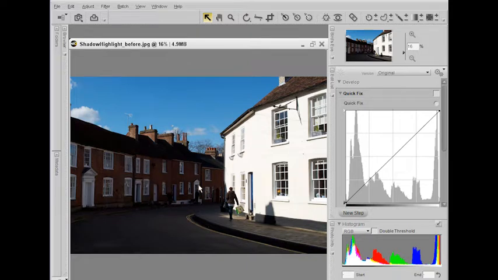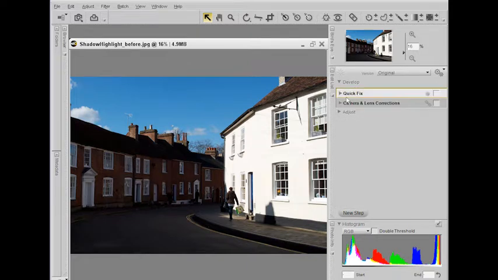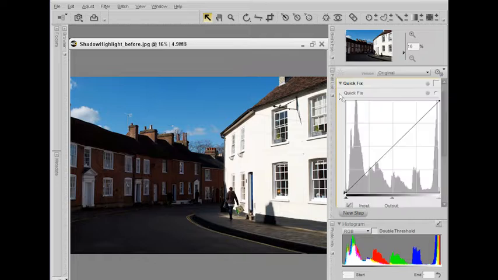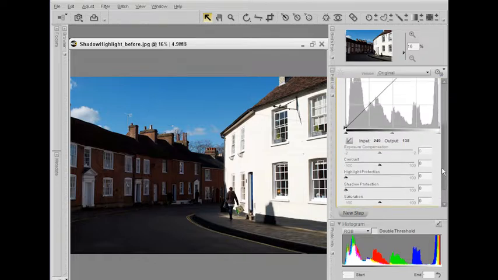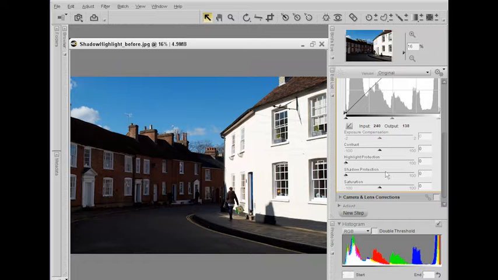So what we can do is use the Quick Fix tab, which if it's not already visible, you can go to the developer section here and click to open up Quick Fix, and the first thing you'll see is a histogram, but if you scroll down you've got a variety of other things like these sliders here. Now the whole point about Quick Fix is it's quick to fix the most common problems like these exposure problems, and what we need to do is reveal some more mid-tone detail down in these shadows without blowing out these